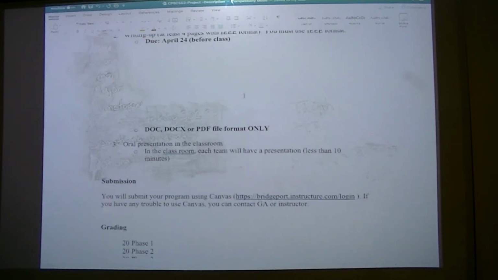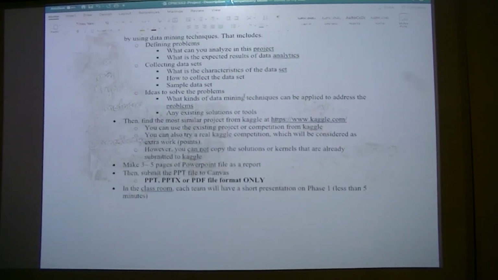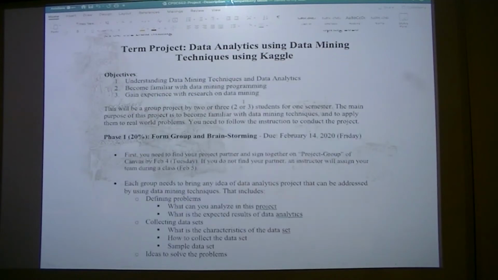This is the first project. So phase one is due on February 14th. So by next week, you guys decide the project team for both this one and the other one. So I don't want to mix the project groups. You guys can continue with the same team for the other project. Okay. So by February 14th, so please